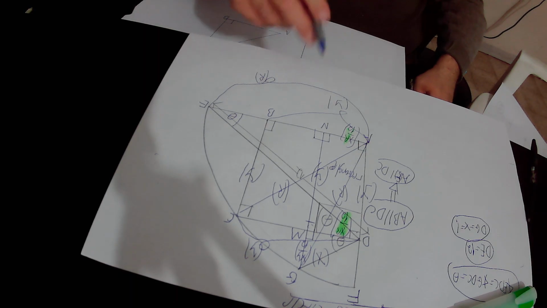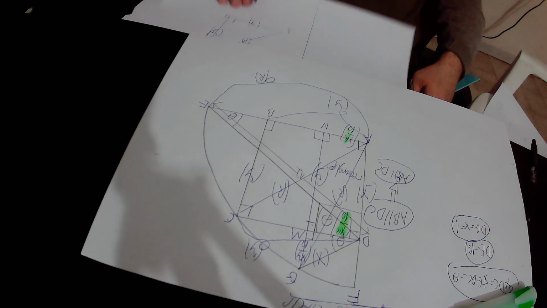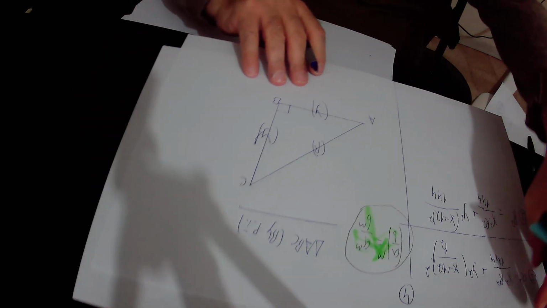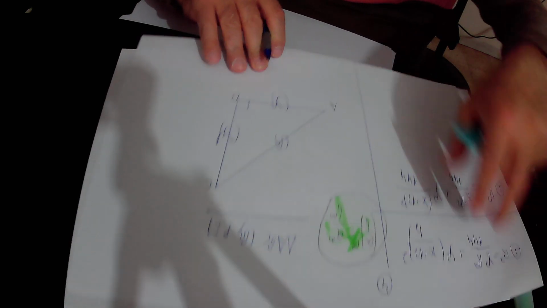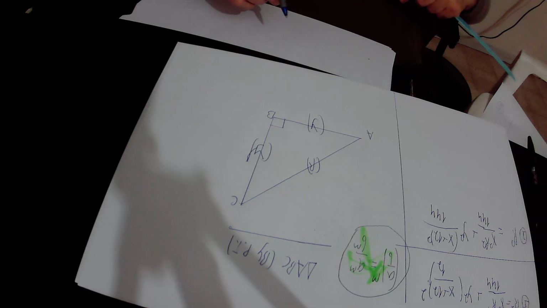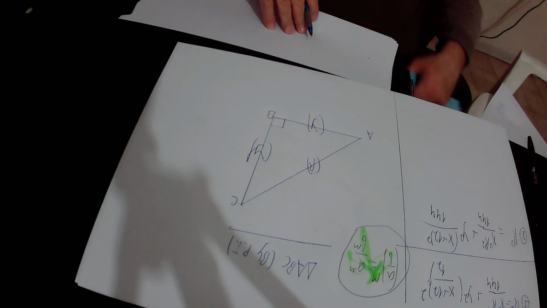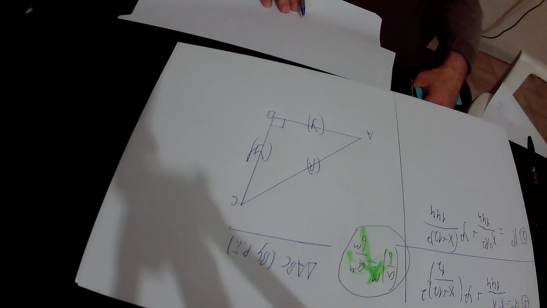The hypotenuse AC equals R, AB equals y, and BC equals y. So actually, this is the right triangle ABC that I took from the original drawing. According to the Pythagoras theorem, in this right triangle ABC,